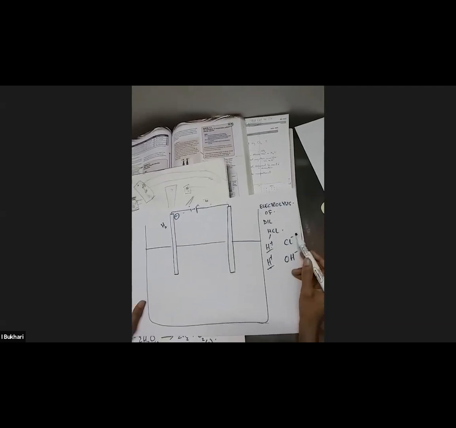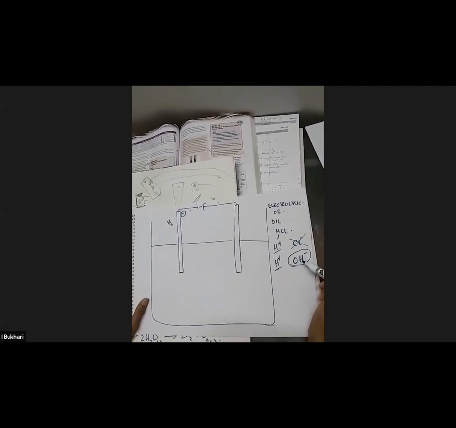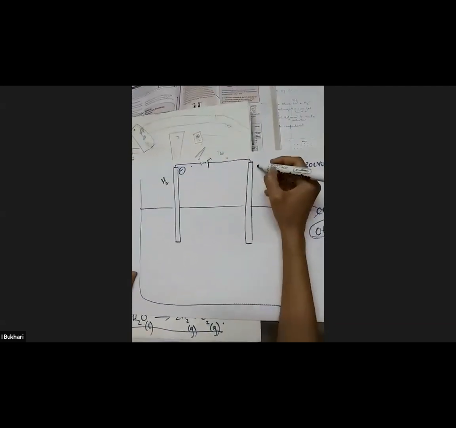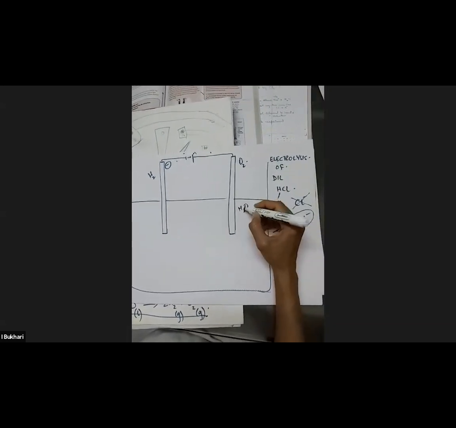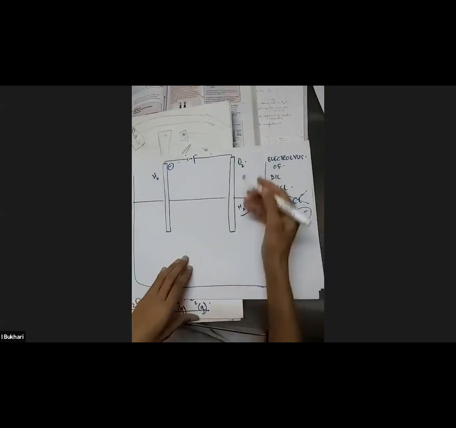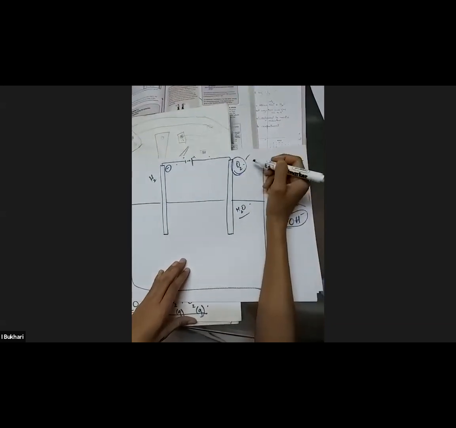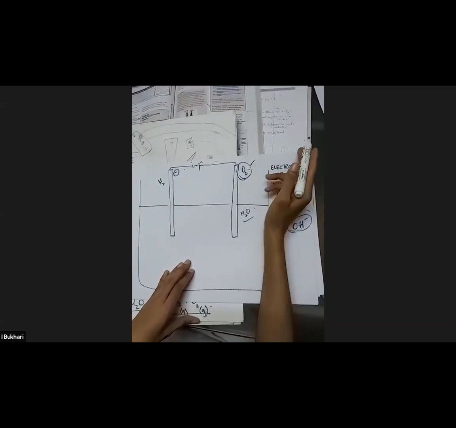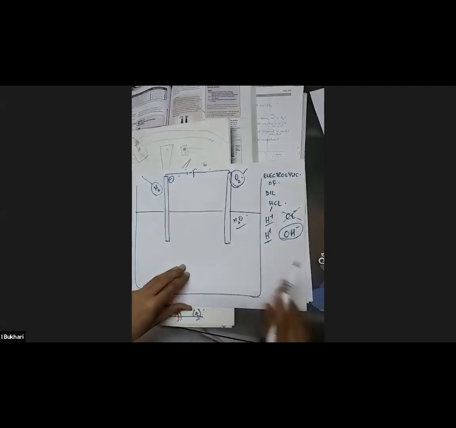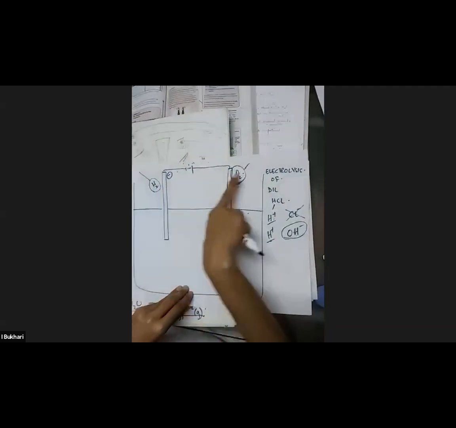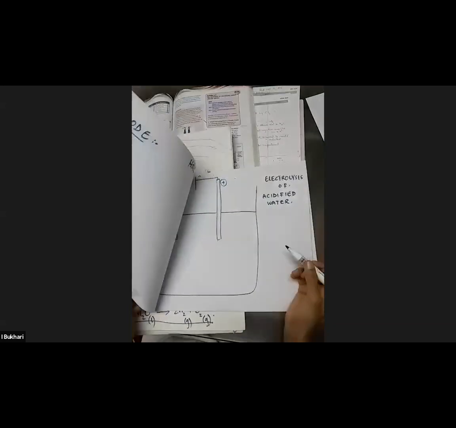So because this is 2 less, it will be this that will have to be sacrificed this time. So we will have oxygen, okay? And the byproduct is water, which will stay here in the electrolyte, okay? So we have oxygen glowing the lighted splinter, and hydrogen giving a pop sound with the lighted splinter, okay? You should know the identification tests for these gases.